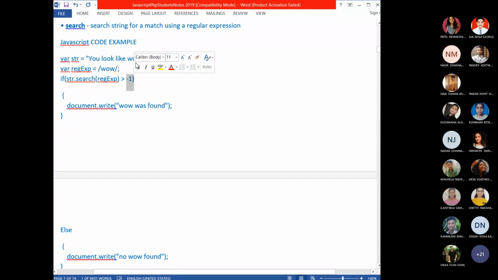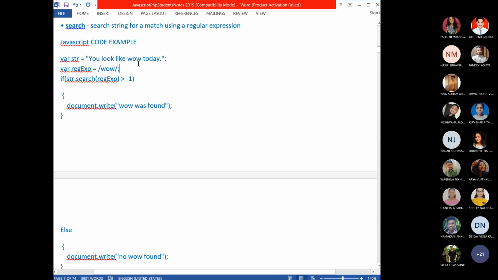If it returns any other integer, for example 0, then the pattern was found as the first word. So 0 is the index value of the first character of the first finding. Now as per this example, the "wow" is found here. So what will be the return value?